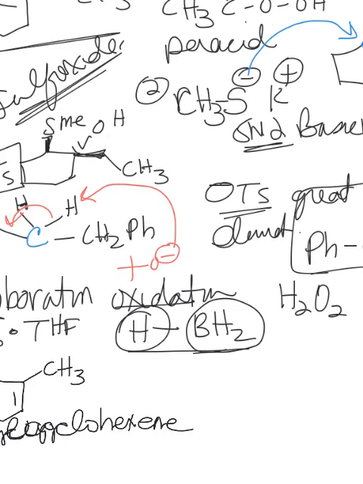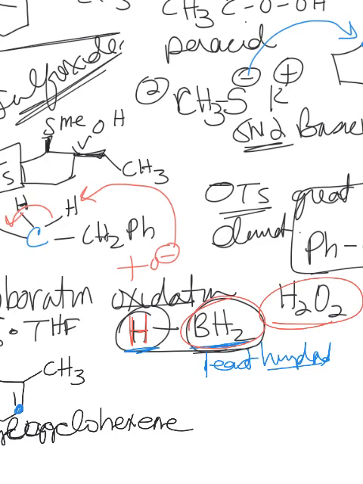Now, the boron is going to add to the least hindered carbon, so it's going to add to this carbon here, and the other carbon is going to get this hydrogen. And then hydrogen peroxide is going to replace the boron with an OH. And so we're going to make an alcohol, and it's going to be stereospecific, meaning it's going to be syn or cis addition. It's going to add the hydrogen and the OH on the same side. And it's going to be anti-Markovnikov